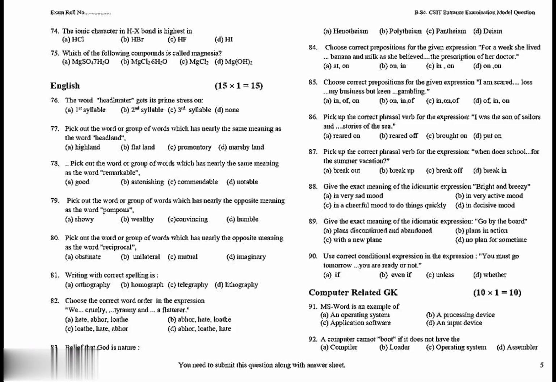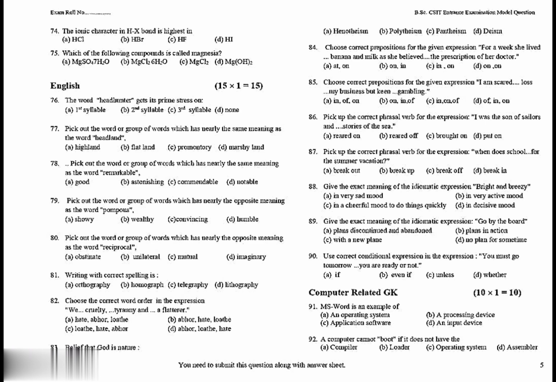74. The ionic character in HX bond is highest in: A, HCl; B, HBr; C, HF; D, HI. 75. Which of the following compounds is called magnesia? A, MgSO4·7H2O; B, MgCl2·6H2O; C, MgCl2; D, Mg(OH)2. English, marks 15 into 1 equal to 15. 76. The word adjunctor gets its prime stress on: A, first syllable; B,